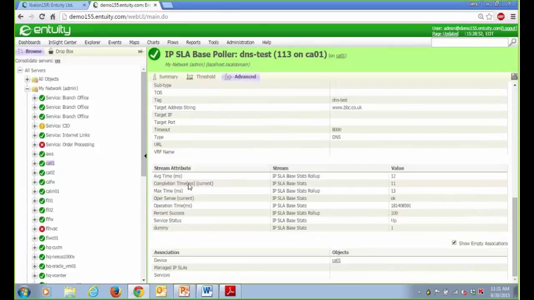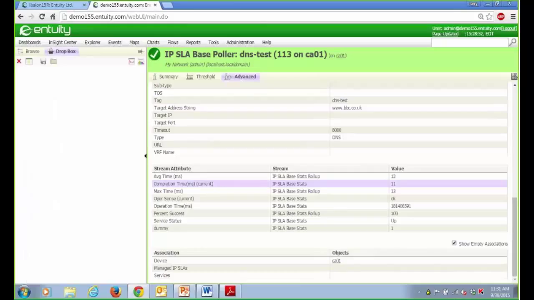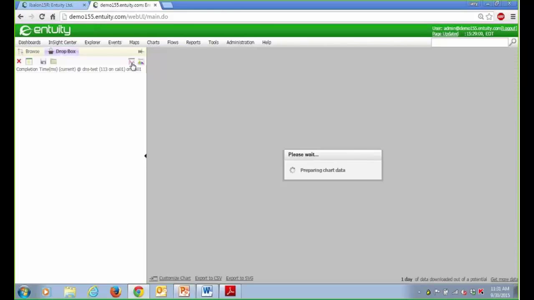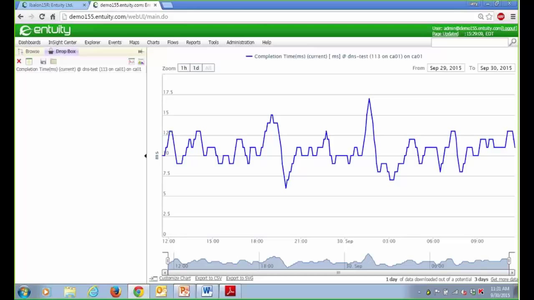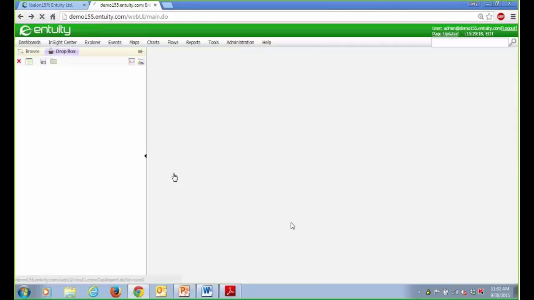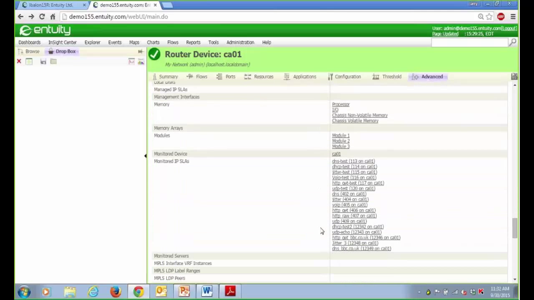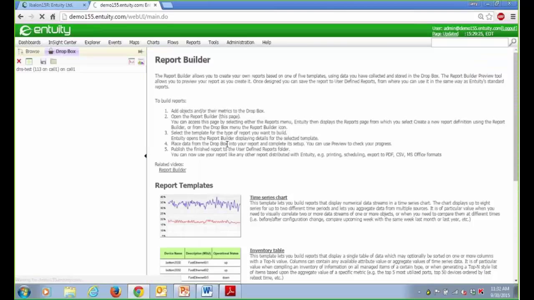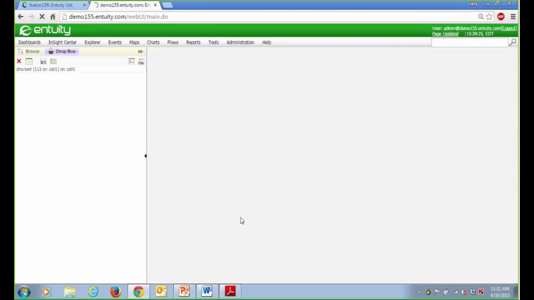I can bring that in the Dropbox, and I can open up my Dropbox and just place this particular metric in there, and I can simply show this on a chart, and this will give me my completion time for my DNS. We can generate tabular reports by going back and erasing this and going back to the actual test and dragging that in here, and we could generate a tabular report on that. Again, by going into the report utility, going into the inventory table report,